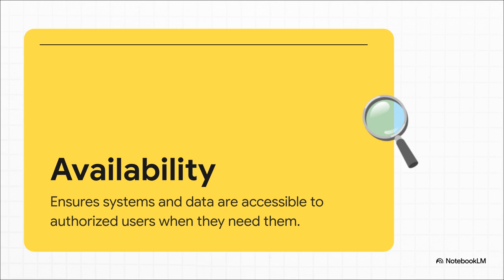Now, this sounds simple, but it is absolutely crucial. It just means you can actually get into your own house and use your own stuff whenever you need to. What good is a security system if it locks you out, right? So together you've got these three core ideas: confidentiality, integrity, and availability. They are the walls, the contents, and the key to the front door of our digital house.